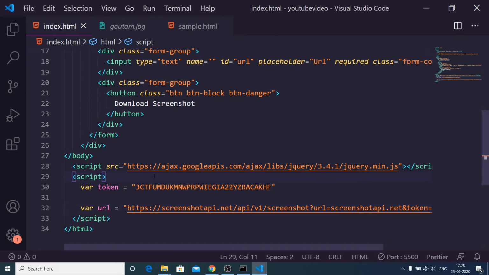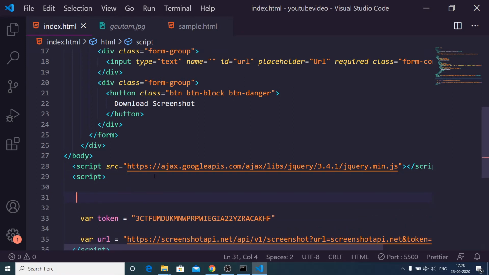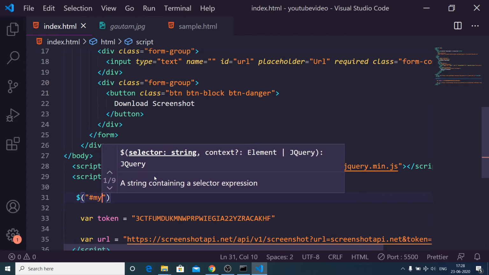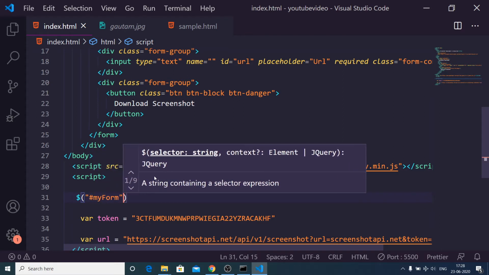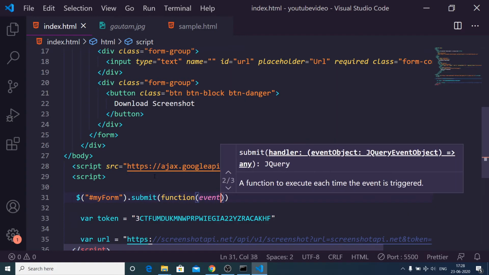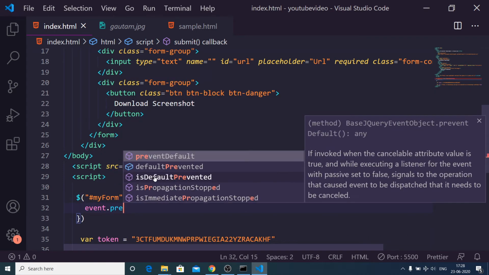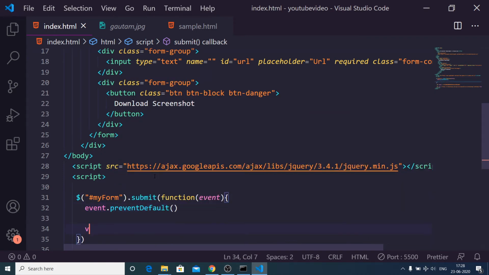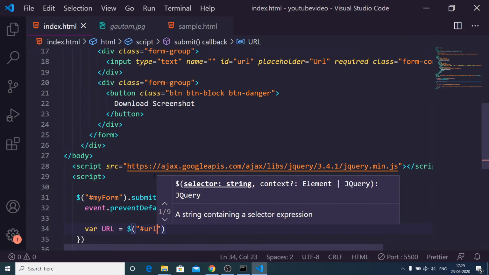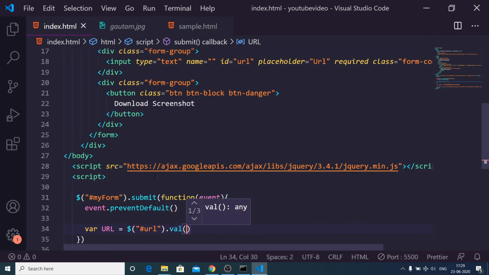We need to first of all get the value from the form. We can do this by targeting the form by the ID that we have given, which is my form. When the form submits, this callback function will execute holding the event object, and first of all we need to prevent the auto submission of the form, and then we can get the URL. We have given an ID of url, and we can get the value by the dot val function.